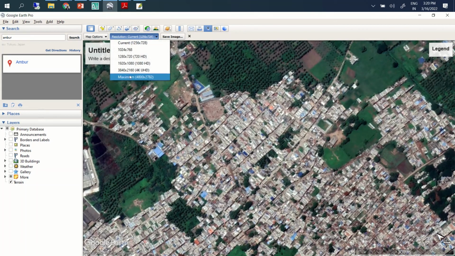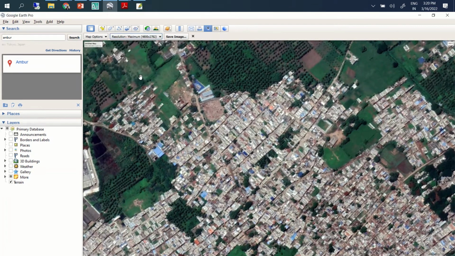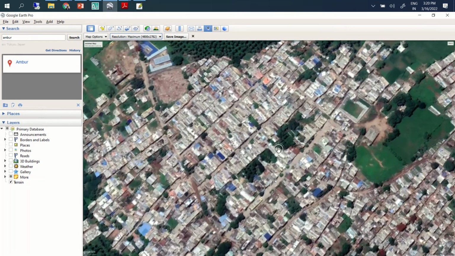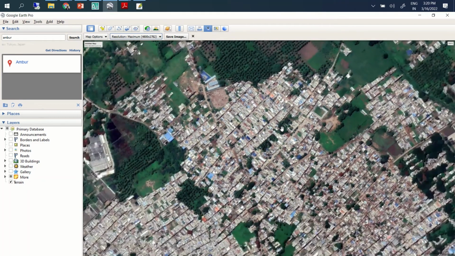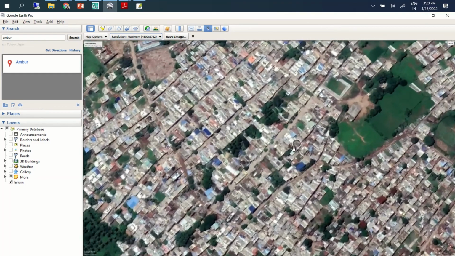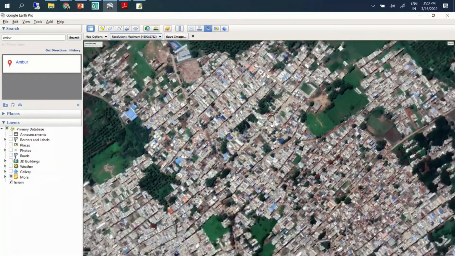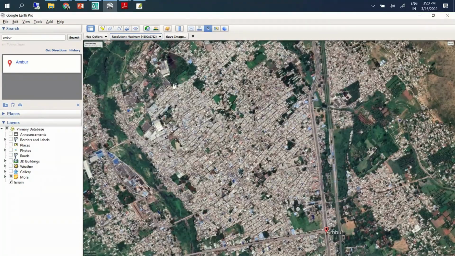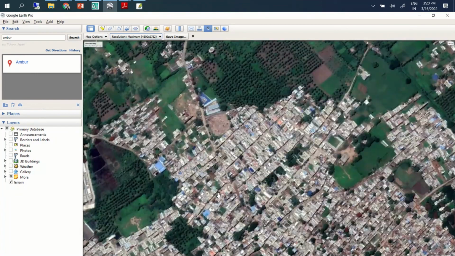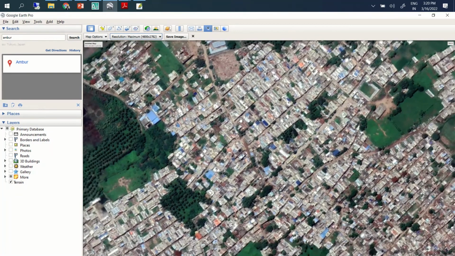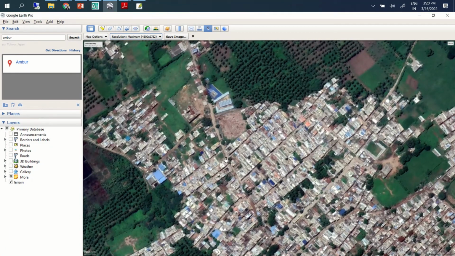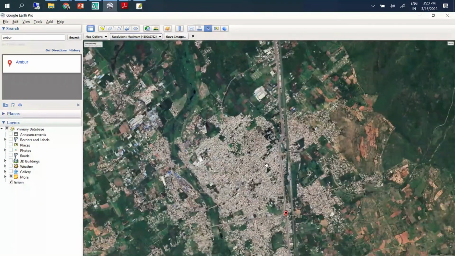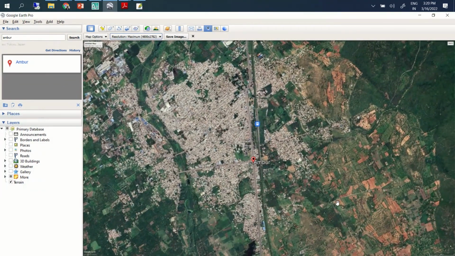There is an option of saving the high resolution image. If we take the entire shot like this, it will not be good enough and it will be difficult for us to trace. So we need closer images. Take multiple. Let me give you an example. I'll just take a screenshot of this.